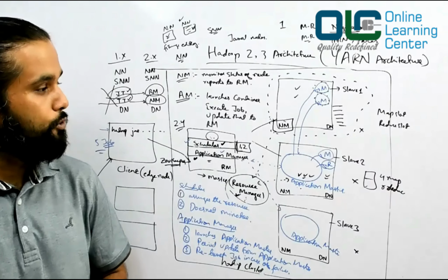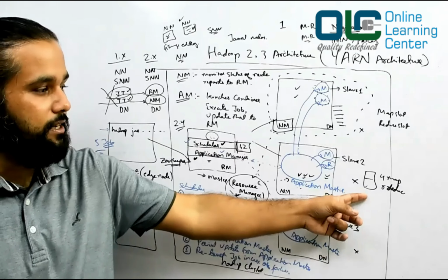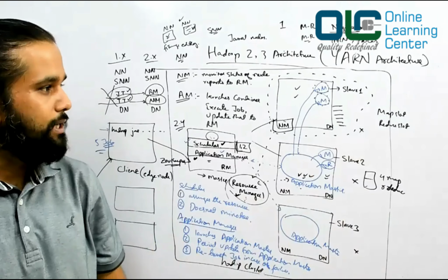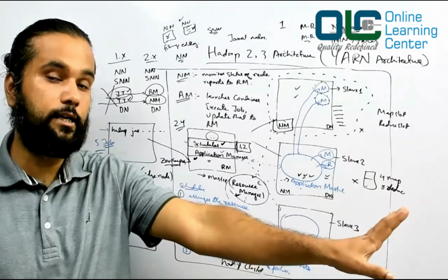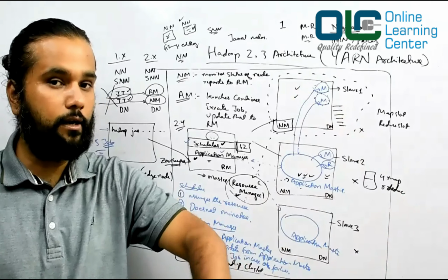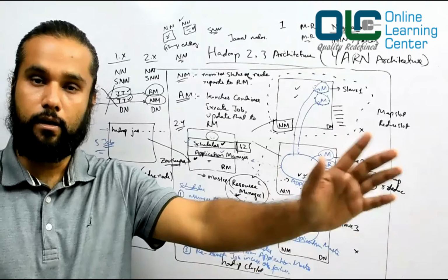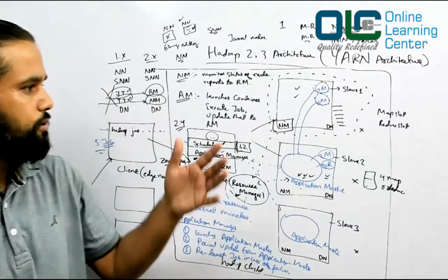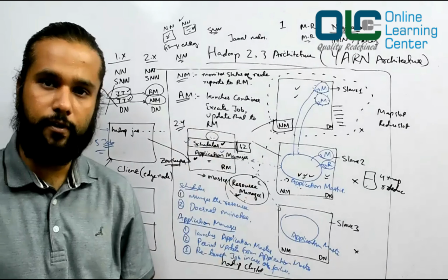Then Hadoop 2 said, why not make it generic so that it can run anything, be it map or reduce? So it came up with the concept of a container, which is just a Java process where it can run a map job, a reduce job, or any other Spark job or any other jobs. So that's what is basically given by Hadoop 2.